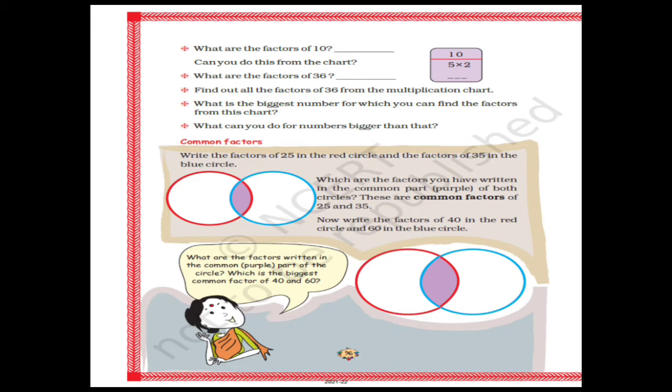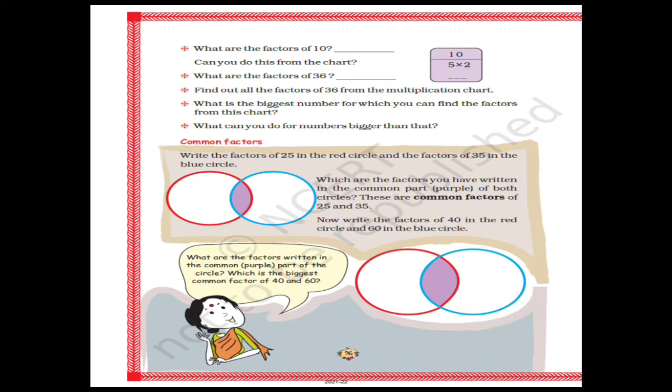This you can write in a notebook. First, composite number: the number having more than 2 factors is known as a composite number. And second is prime numbers: the number which has only 1 and the number itself as factors is called a prime number. So now let's move on.